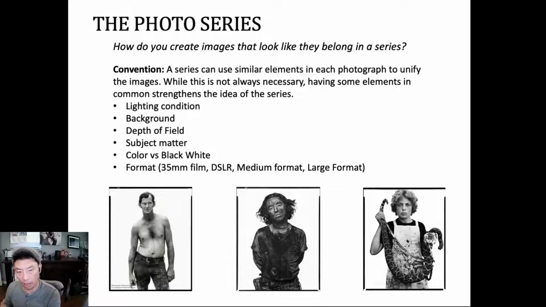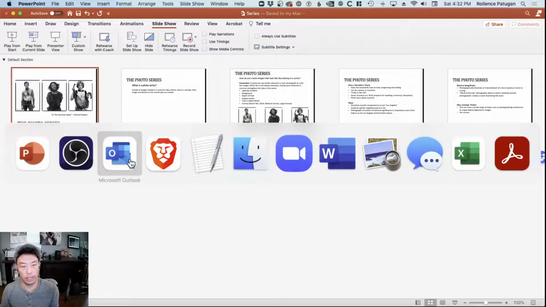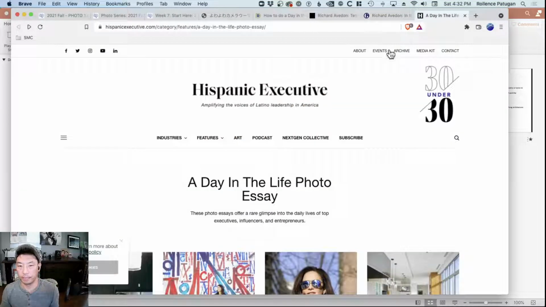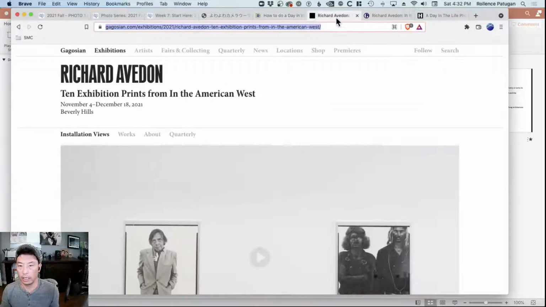So he applied all of that to this series, and the more convention you apply to your series, the more that they will appear to belong together. Let me show you. It so happens that this series is actually